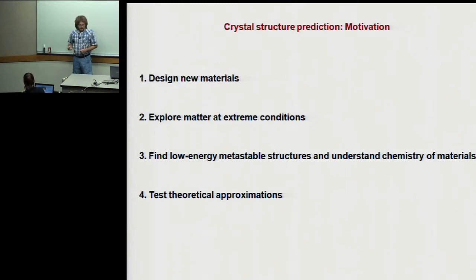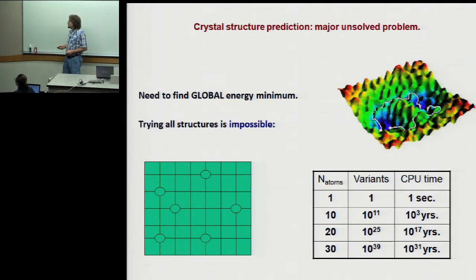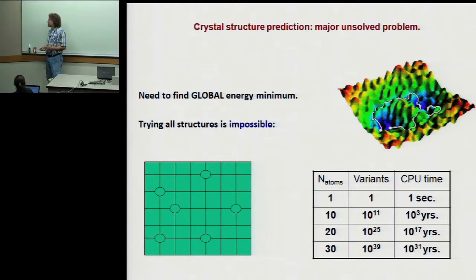And the main computational obstacle, as Artem already told you, is the search space. Even if you have a relatively small number of atoms, the search space is huge, and there is no way that we can do it with a classical computer. We cannot search it explicitly. The only possible way would be, of course, quantum computing, but there are no quantum computers, and there will be no quantum computers in the nearest future. That's why we have to think about empirical methods that give good results quite often, so that have a high success rate.